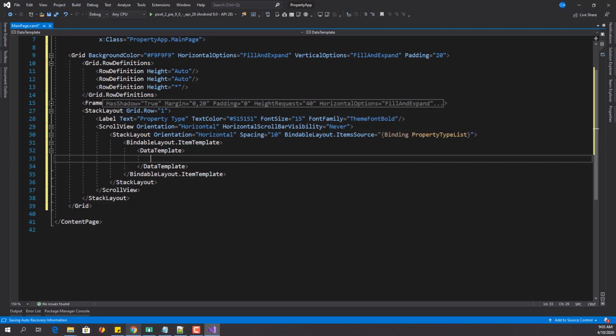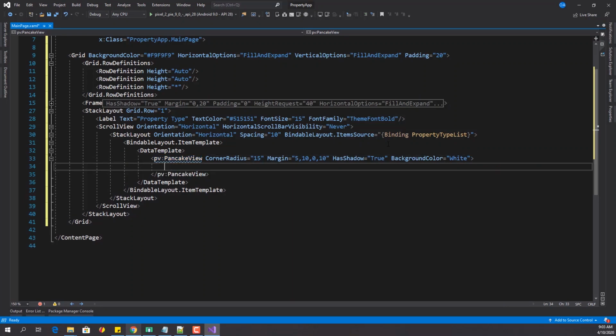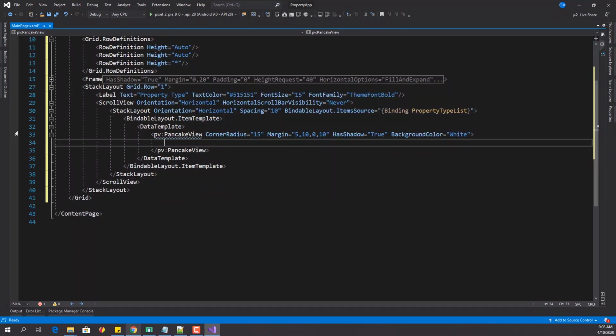So I'm going to bring a pancake view with some properties here. Corner radius 15, set some margin. As shadow is true, the background is white. Then inside this pancake view,